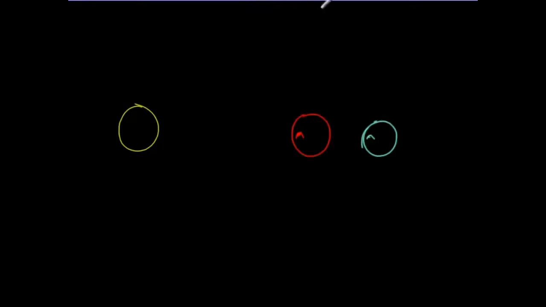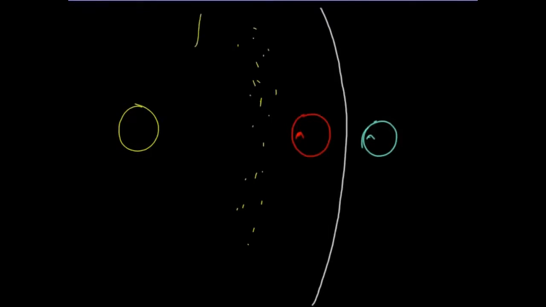Now the frost line, because Jupiter's kind of moved since it formed, is just past Jupiter. When we have objects that are large, they tend to hang out in the asteroid belt. We have these larger asteroid belt objects, and they have to be an asteroid. We would only refer to them as an asteroid if they're inside of this line of Jupiter's orbit. Don't confuse that with the frost line. That yellow line is referring to the orbit of Jupiter.